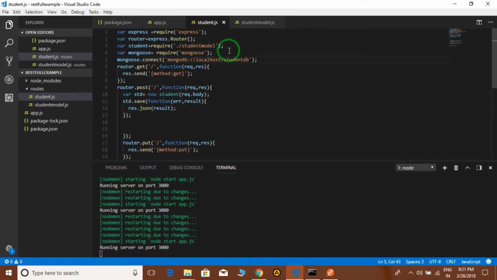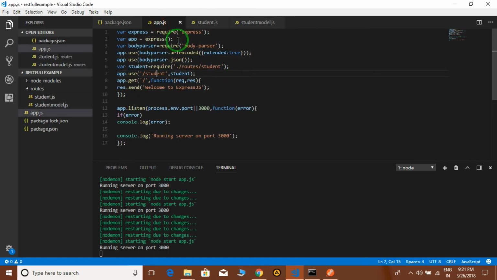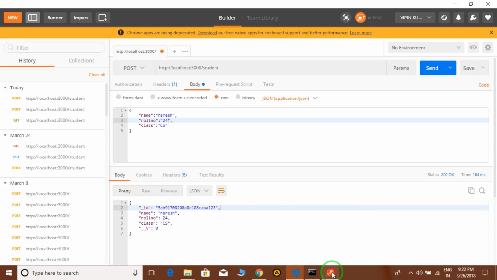You can go to MongoDB and check that the information we are sending here with the post request from Postman is inserted as a record. So we have inserted two records, and later on we will see all these records by the get request also, to interact with MongoDB. Let us see in the next lecture.